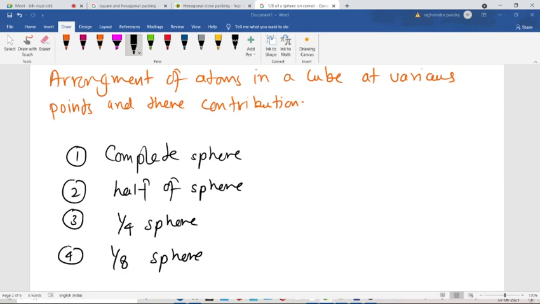You can see here the 1 by 8 sphere. Can you see that one? Everybody, this image. So this is a 1 by 8 sphere. It is fitting at the corner. The calculation you do; I don't have to tell you about the calculation. This is the corner of the cube, so 1 by 8 sphere is fitting on the corner. This 1 by 8, 1 by 8 here. And then 1 by 4.